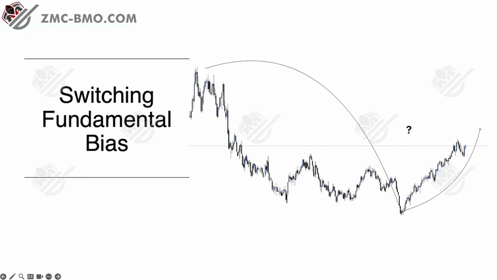Today we are going to be looking at switching fundamental bias. This is of course quite an important video. You're probably wondering how and when do institutions really change their views on a currency? For example, HSBC and pretty much every single institution was long the euro this year. Why did they suddenly switch their bias? We're going to look at that today. And of course, why did we switch our bias? And I'll put the reasons there as well. But yeah, let's just run straight for it.